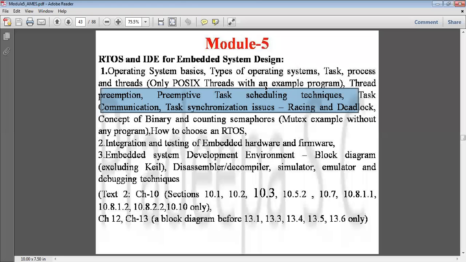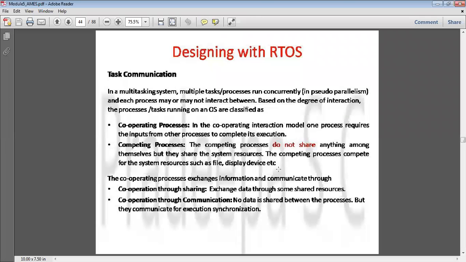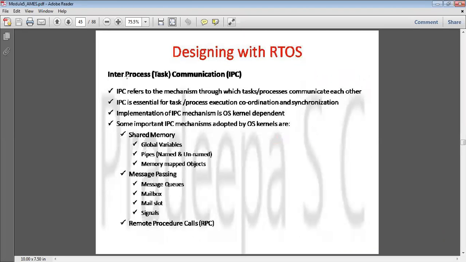Okay, so today again we'll start with the task communication technique, right? So what is the task communication? On the operating system, there will not be a single process executing. There will be n number of processes executing. So what are the different methods by which some of the processes have to communicate with other processes? What is the mechanism by which they communicate with each other? That is what the techniques are. We will discuss that here, right? That is called inter-process communication, right?